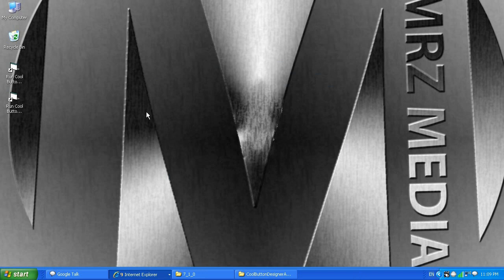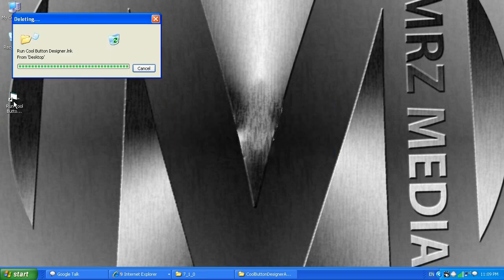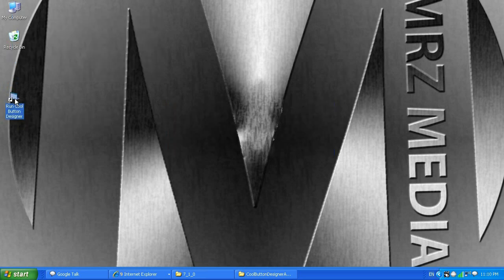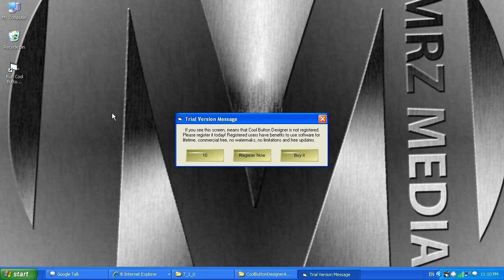So what is next? Now it's going to create a new shortcut for you, or it will keep the old shortcut if the shortcut name was the same as the newer one. And by clicking on the Cool Button Designer, I'm going to go ahead and run it. And keep in mind, I had version 7.1